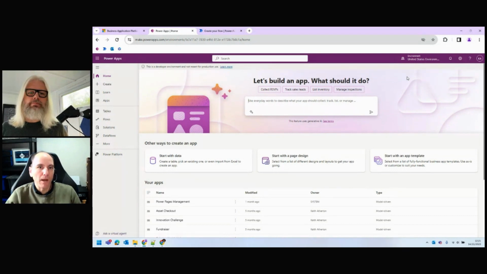Just so happens this PowerApps Copilot, which a bit like the Power Automate, you can say, I want to build an app to do this, would actually spin you up the skeleton of that app. It will give you the bare bones of it, and you can build on it from there. Very, very powerful. In fact, let's try that just now, actually. Let's try manage inspections. One of the suggestions, give this a run.